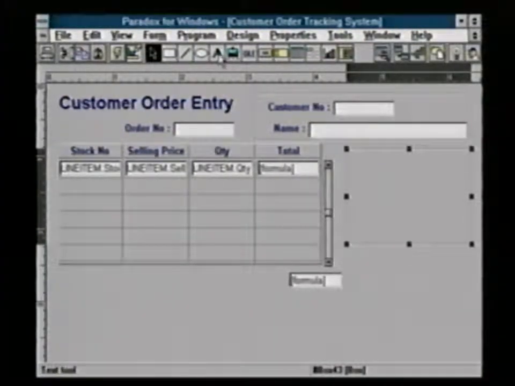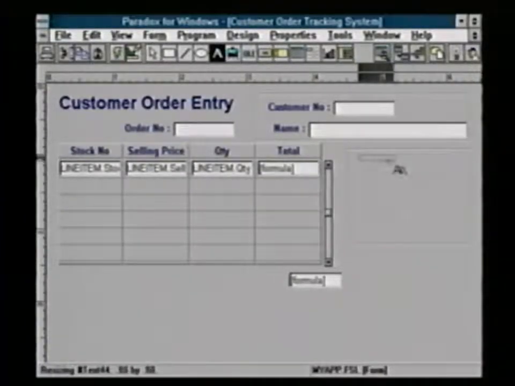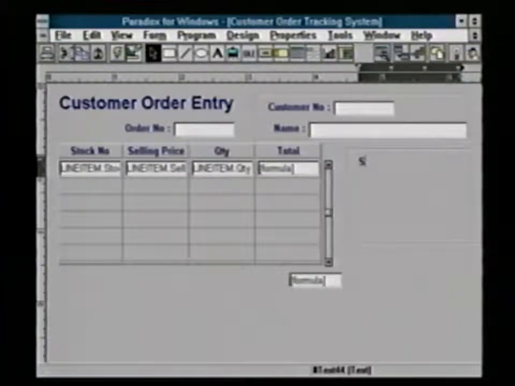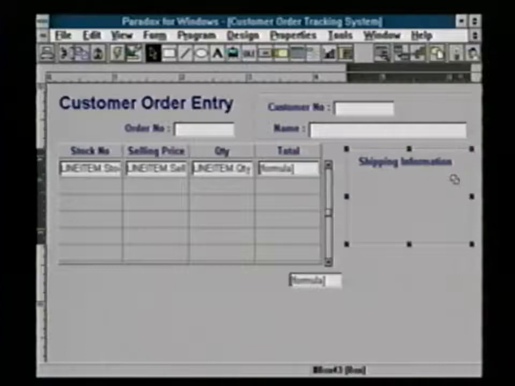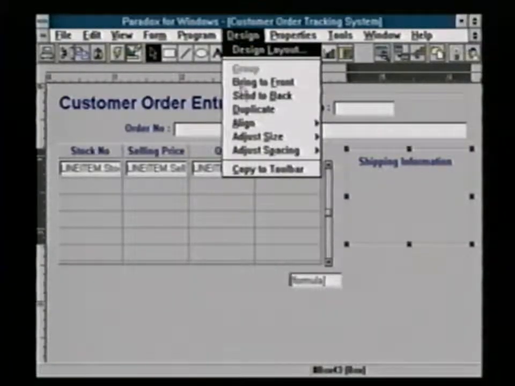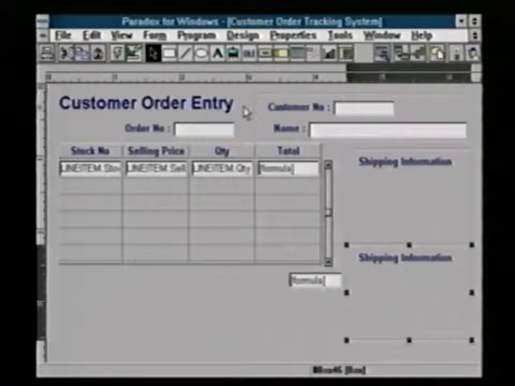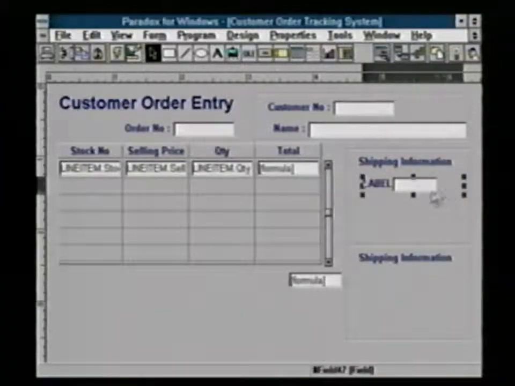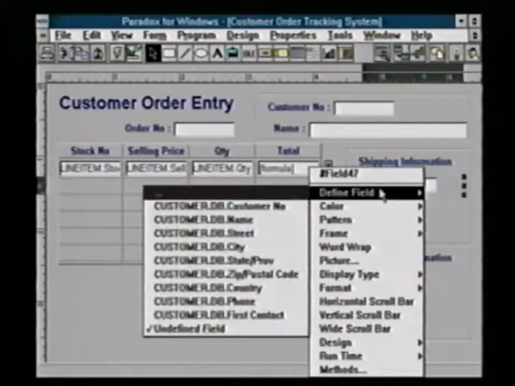Next, add a title by creating a text box and then entering shipping information. Center the title at the top of your box. We will reuse this box, so choose Design Duplicate. Another box appears below. Drag a new field out in the shipping information box, right-click on it, choose Define Field,